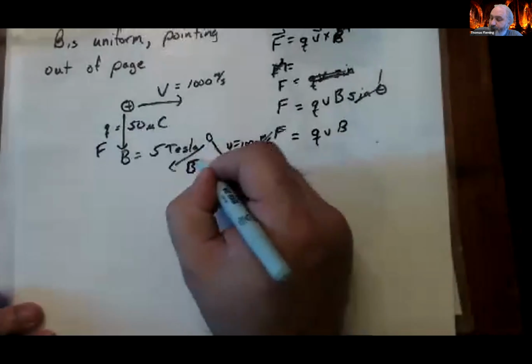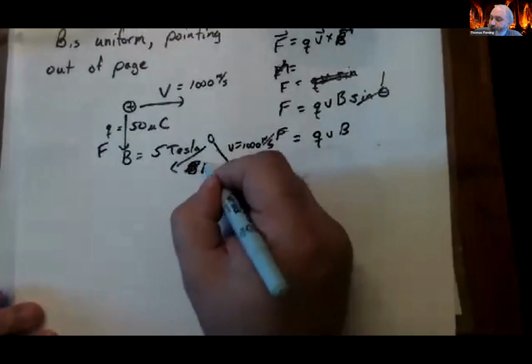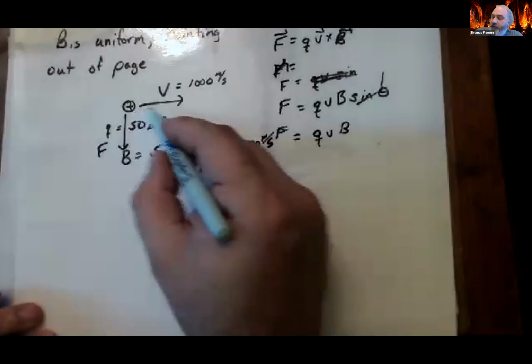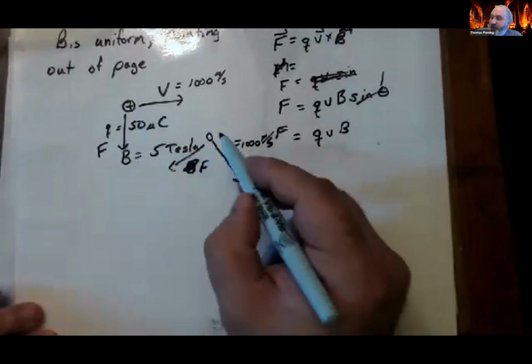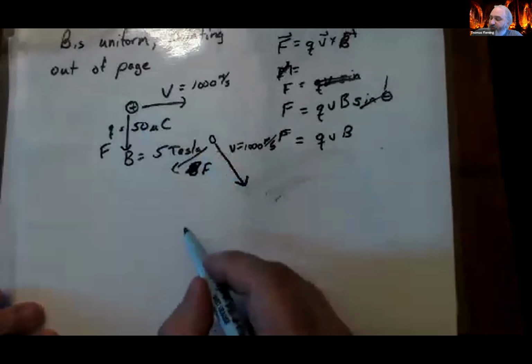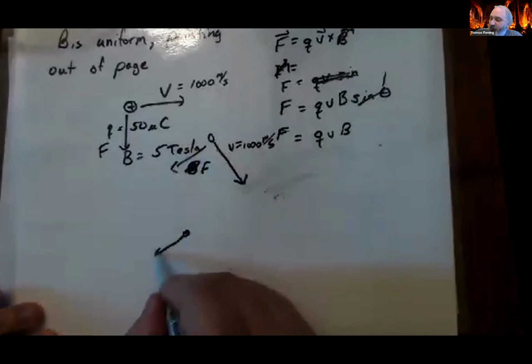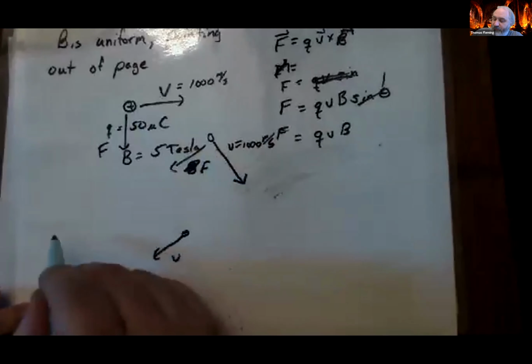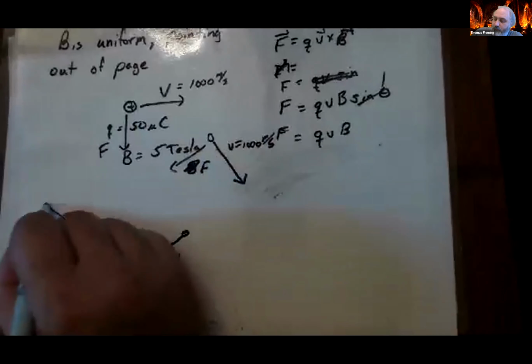No, sorry, force. So what's happening is the force is still perpendicular to v. It's going to bend even more. And so what's going to happen is every time I redraw this, my velocity